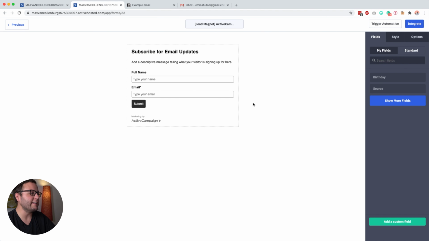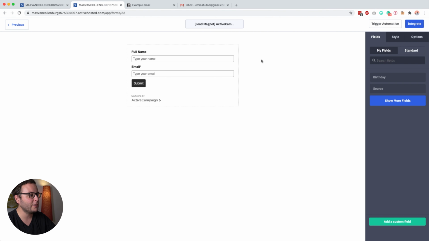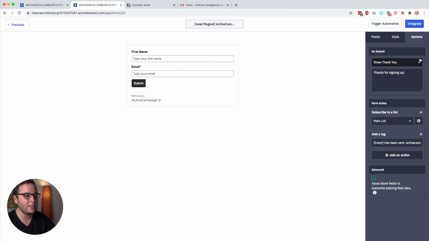And then this is the default form that you get. So what I like to do is I just like to remove these titles over here because I like to do it on my website. Then I also want to remove the full name because I don't want someone's full name. I want to have their first name. So I go over to standard, and then in here I drag over first name. So you can just make this real nice. I will not go too deep on that. Again, I have a separate tutorial about that in case you want to watch that.